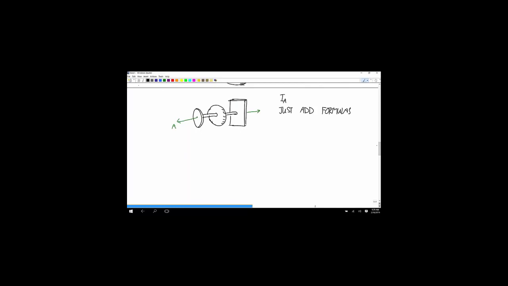But that's a pretty special case. What about the case where you have a thin rectangular plate and another rectangular plate like that and, let's say, a circle removed here, and you want to calculate this rotation about an axis like this? Well, then you're out of luck as far as just adding the formulas